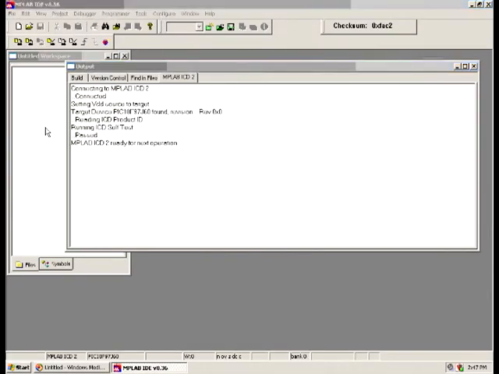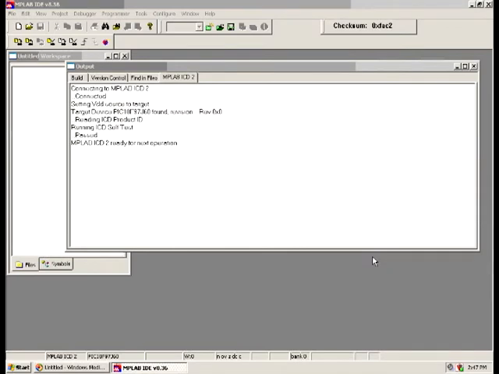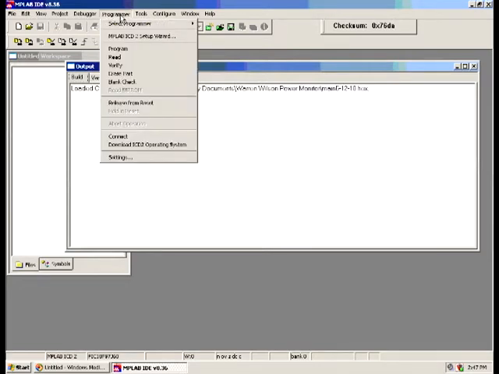You want to select the most recent hex file. The file should be dated. The one that's shown in this video is from May of 2010. So you'll load that up, and that's all there is to it. Finally, the last step is to just click Program,